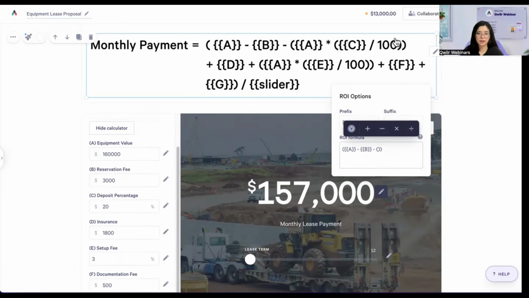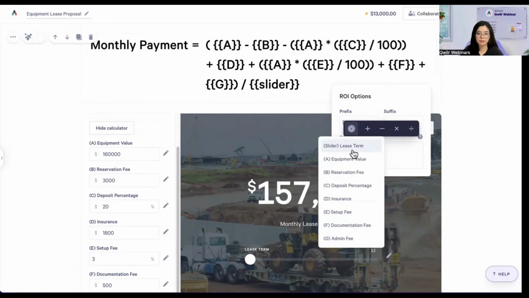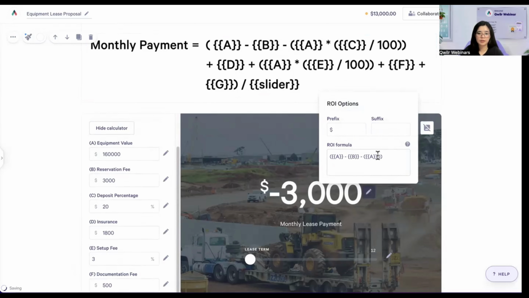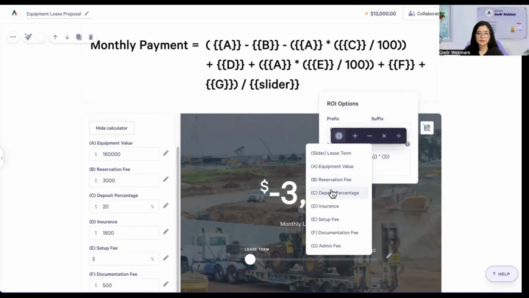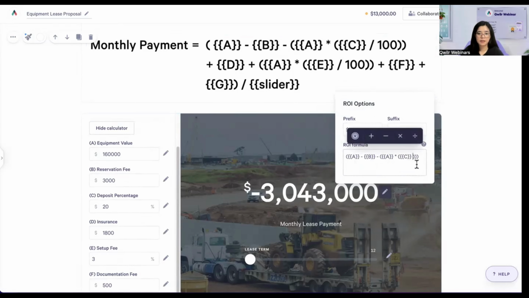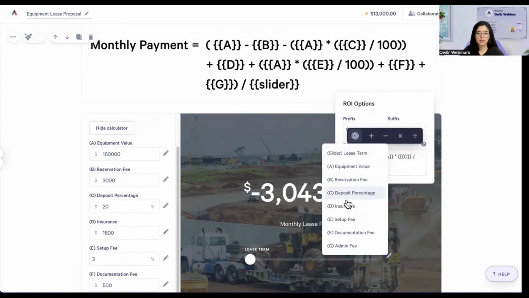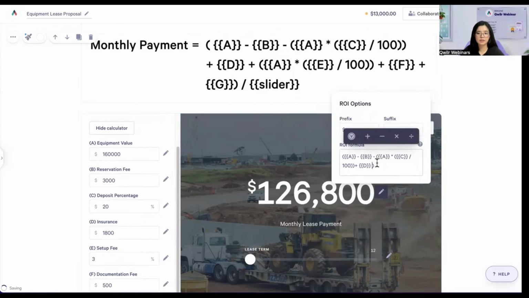For this section here, we have variable A for the computation of the deposit percentage multiplied by another parenthesis for this section, variable C divided by 100. And then go out of two close parentheses, plus the variable D, which is the insurance,